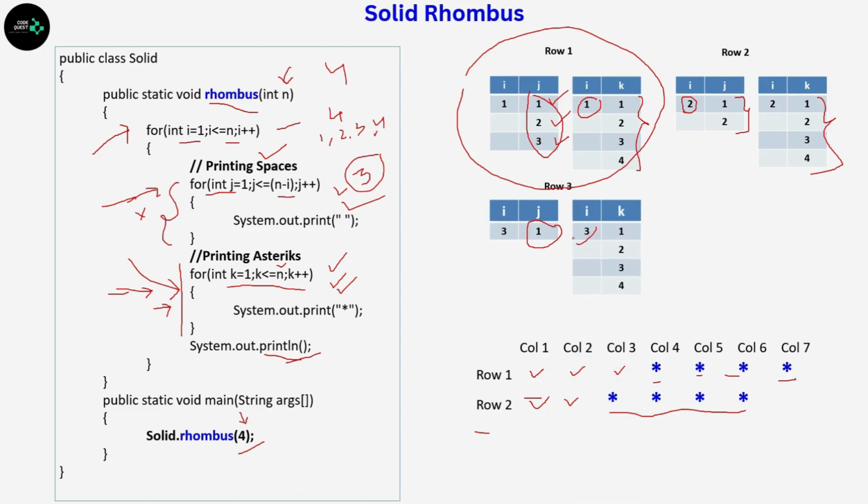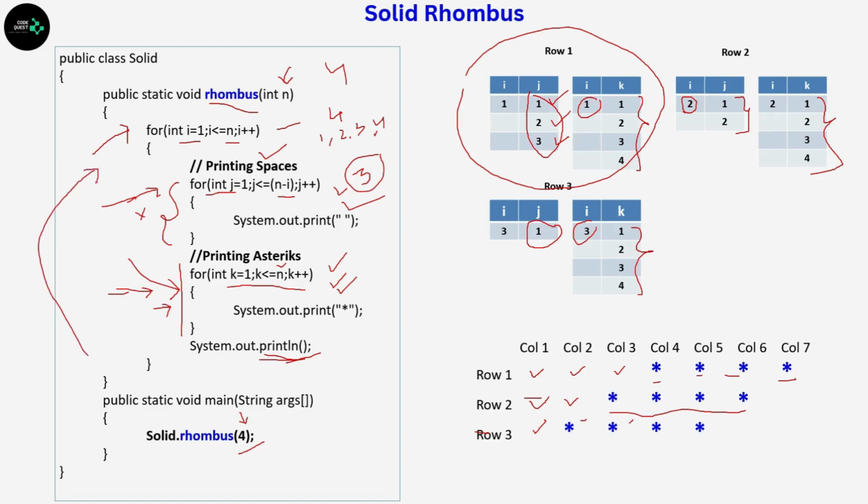For I value 3, once again we see k is 1, 2, 3, 4. As a result, by the end of this third iteration, we get only one space because of the j loop, and the remaining 4 asterisks as usual because of the k loop. And once again this println is going to bring the cursor to the new line,